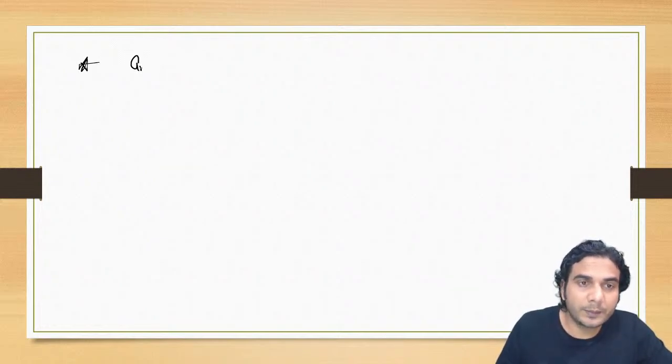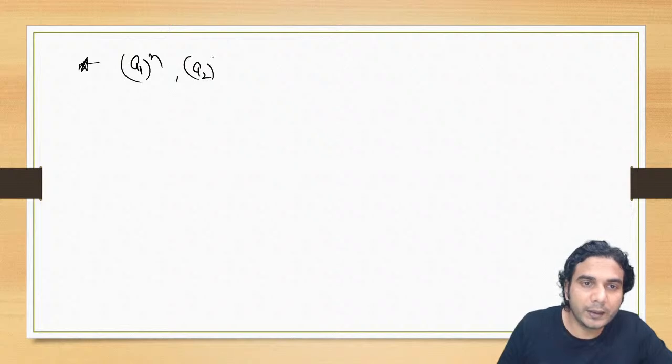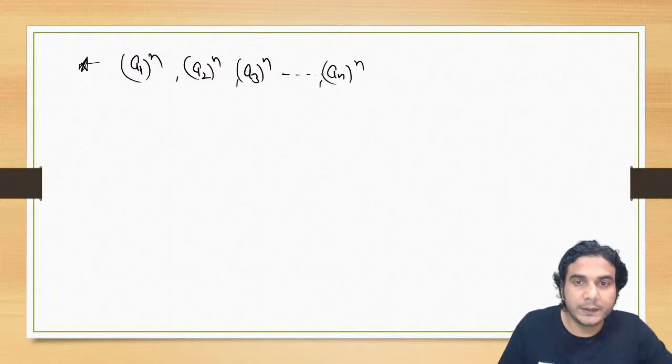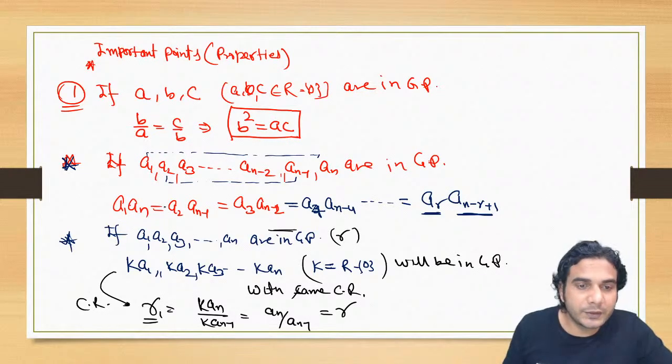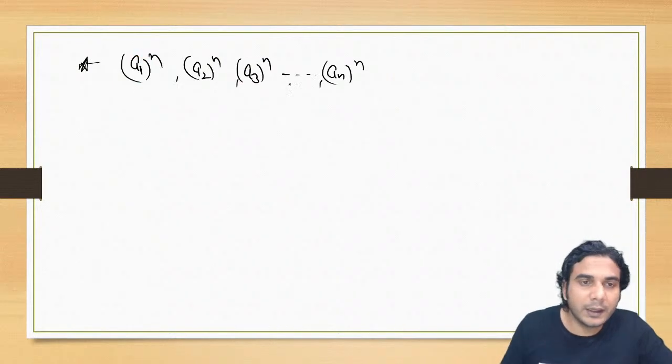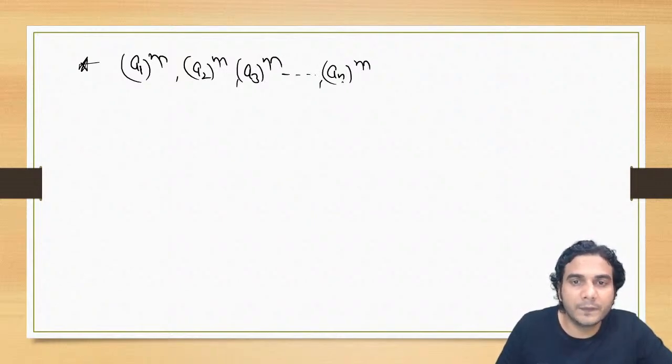Even if you put power n, a_1 raised to n, a_2 raised to n, a_3 raised to n, all right, any power, a_n raised to n, positive or negative, doesn't matter. Then also terms will remain in GP. These terms are given in GP. I'm using the same point, a_1, a_2, a_3 up to a_n are in GP. Then a_1 raised to m, a_2 raised to m, a_3 raised to m, and a_n raised to m. You can put m, not necessarily n. Don't get confused with this m, okay? So m can be any number. Power m, then they are also in GP,